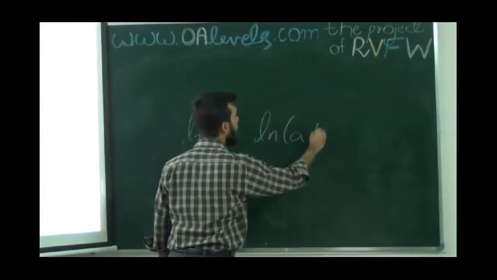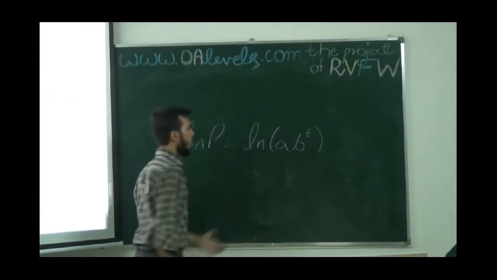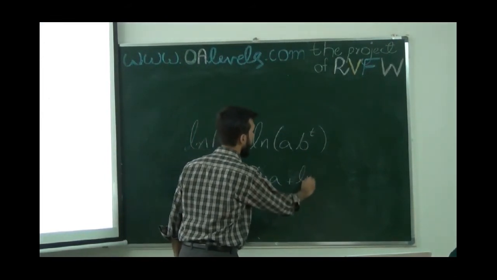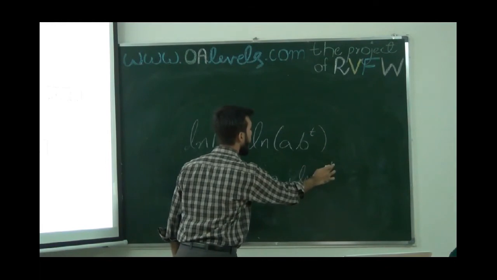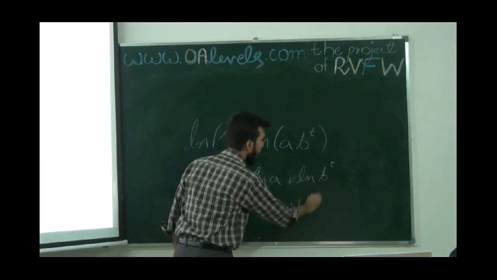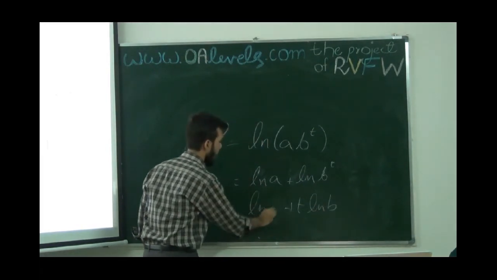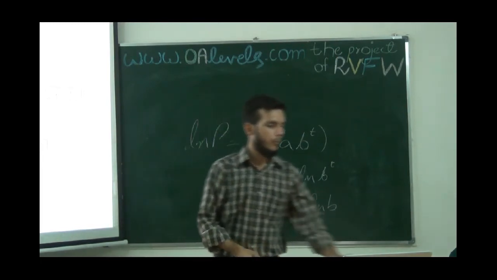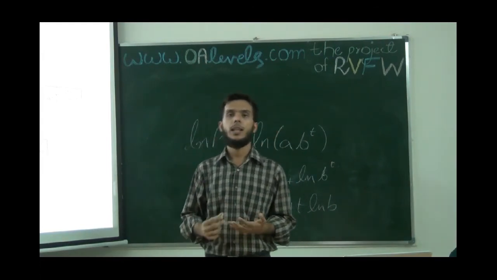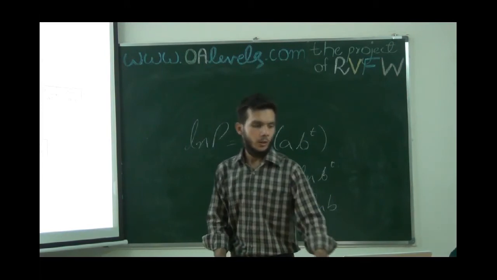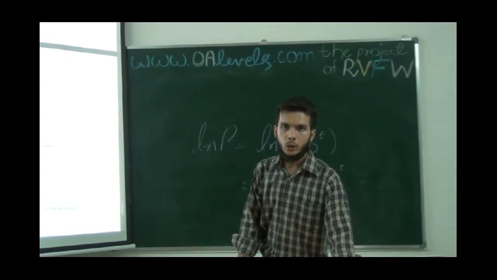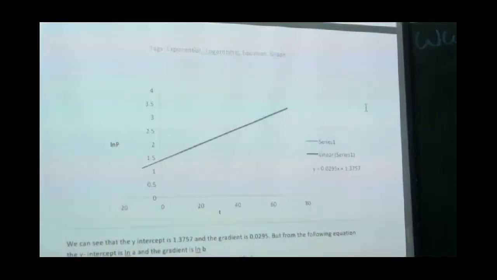ध्यान में ये रखना है this a and b, these are constants. Where we can again apply the product rule to break it down into ln a plus ln b raised to the power t, and this t can come over here. So what we did was taking the log of p. Again, ln लेना जरूरी नहीं है, you can take lg, that is log base 10. log base 10 ले सकते हैं. So moving further, when we plot the value of ln p against t,